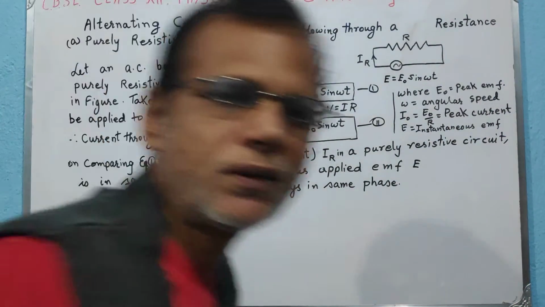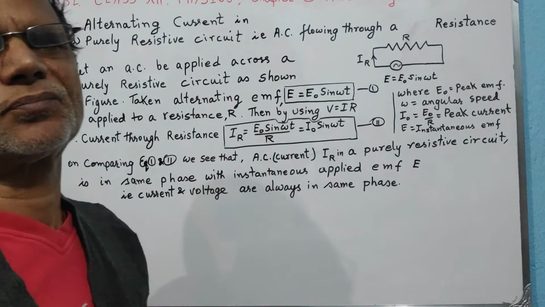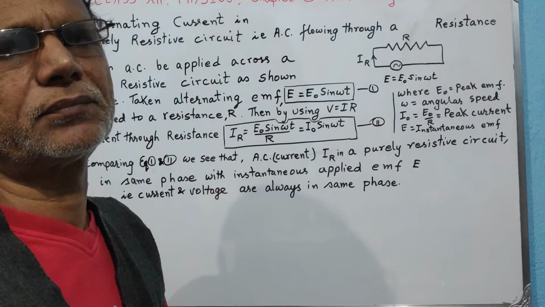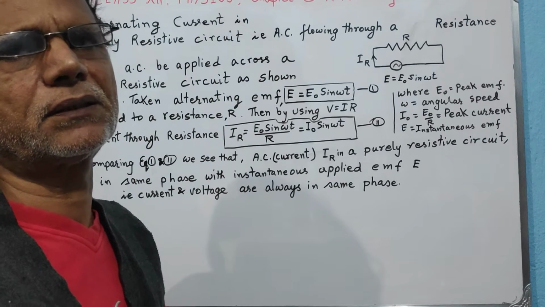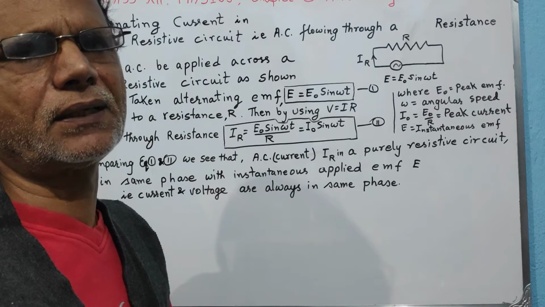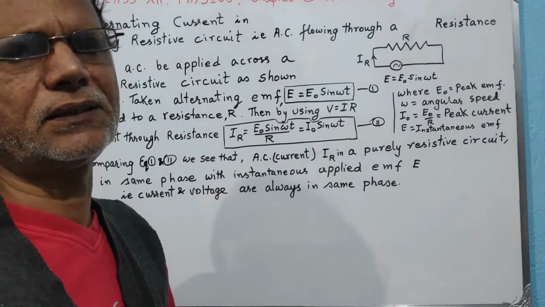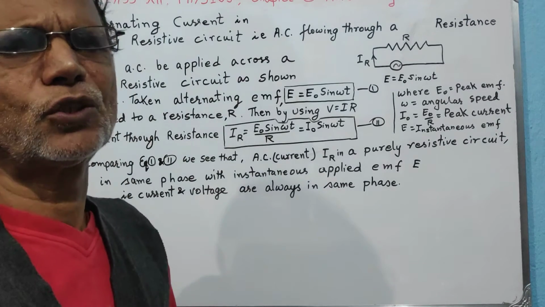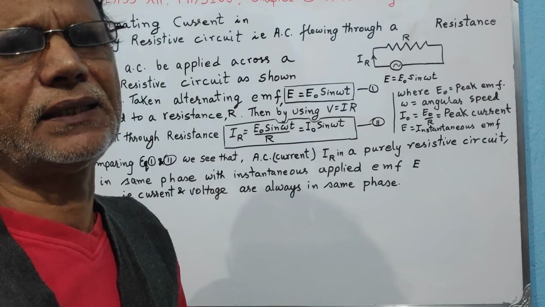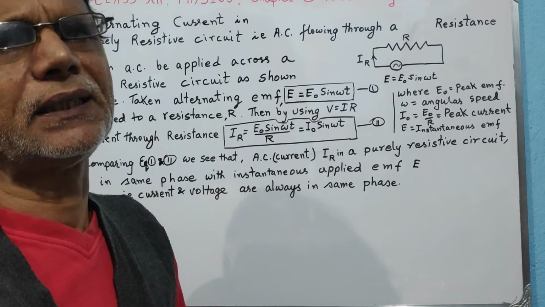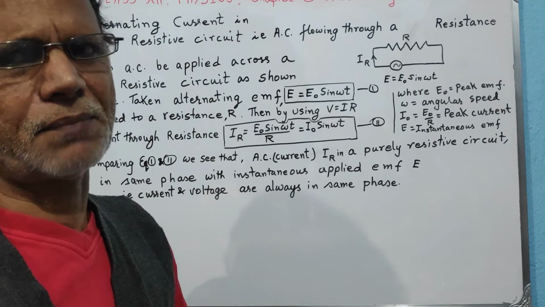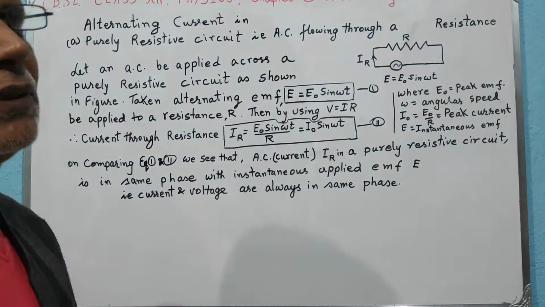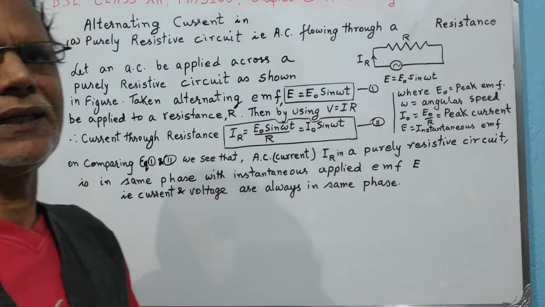Dear students, today we are going to learn a very important topic: what type, what nature, what relationship does the current have with the applied alternating EMF in a circuit, for various types of circuits. Today we are going to talk about a purely resistive circuit,